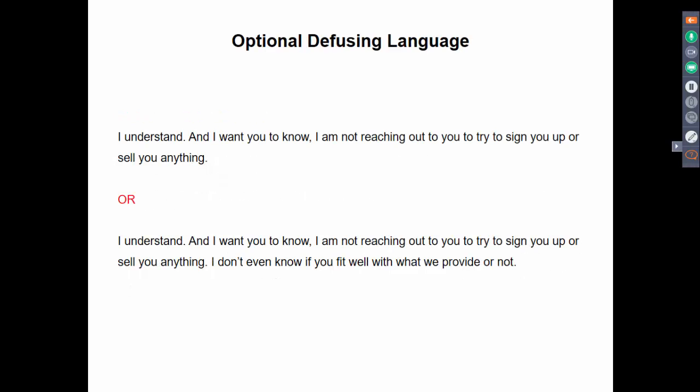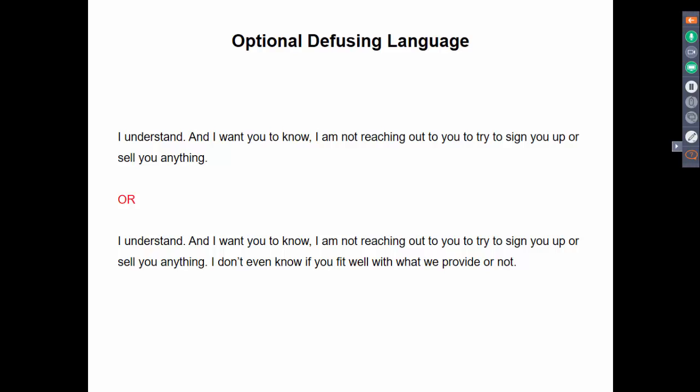So here's some optional language. We're talking about deflecting and diffusing objections, right? So this is additional stuff you could add into what I've already shown you. If you notice, most of the objection responses start out with "I understand" or "I can certainly do that," but if I could ask you real quick. So here's something you could put before the "if I could ask you real quick."